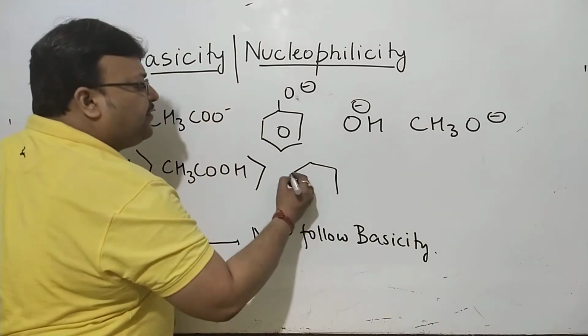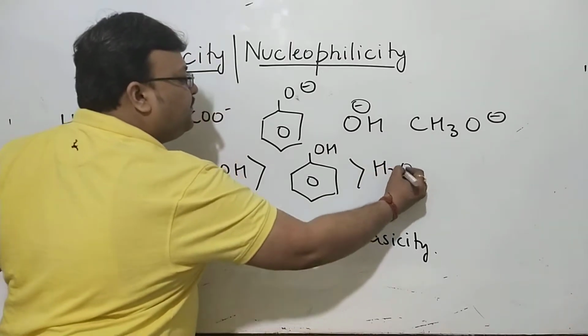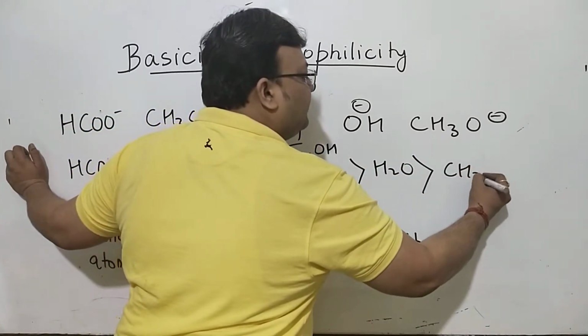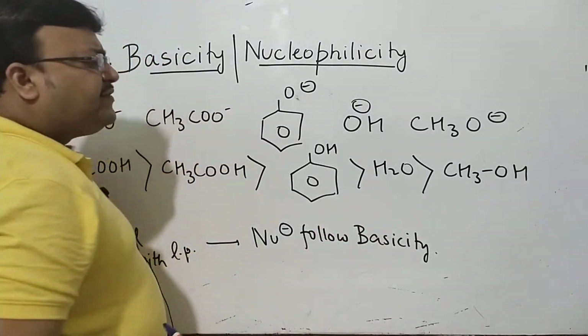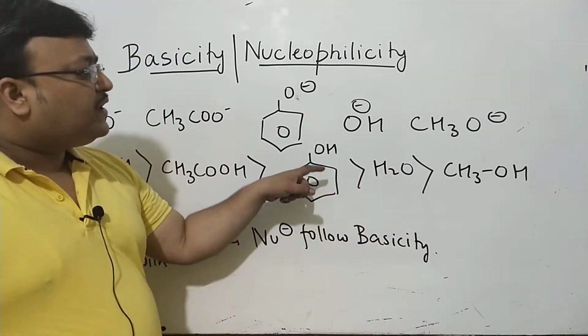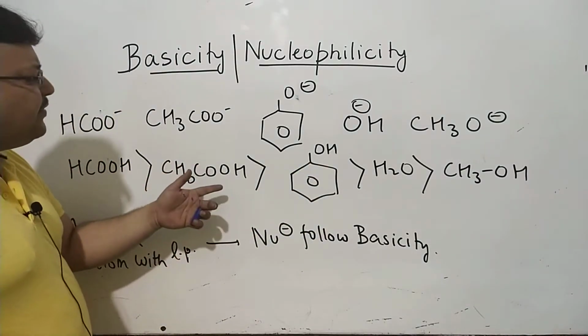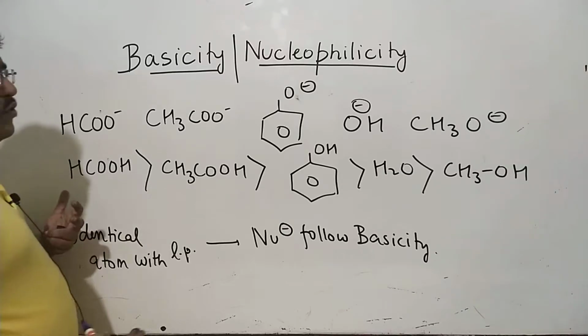Carboxylic acids are more acidic than phenol, and phenol is more acidic than water, and aliphatic alcohols are less acidic. In general organic chemistry, you are told a plus I effect will make it less acidic compared to water. Aromatic alcohols are more acidic. So naturally, carboxylic acids are even more acidic. Lesser number of carbon atoms, more acidic.